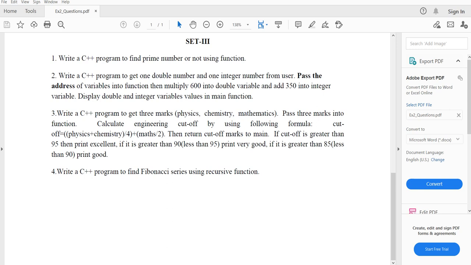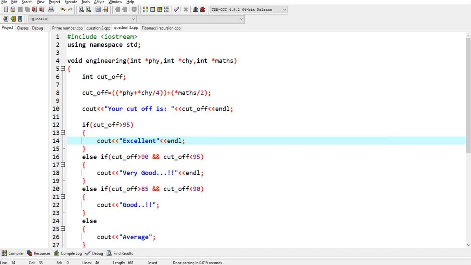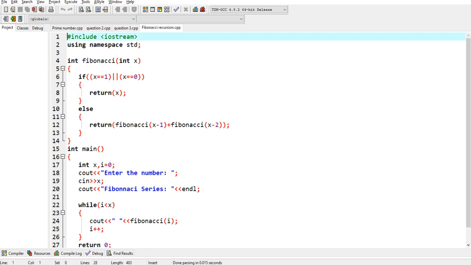After that, the fourth program: write a C++ program to find the Fibonacci series using a recursive function. This is Fibonacci recursion.